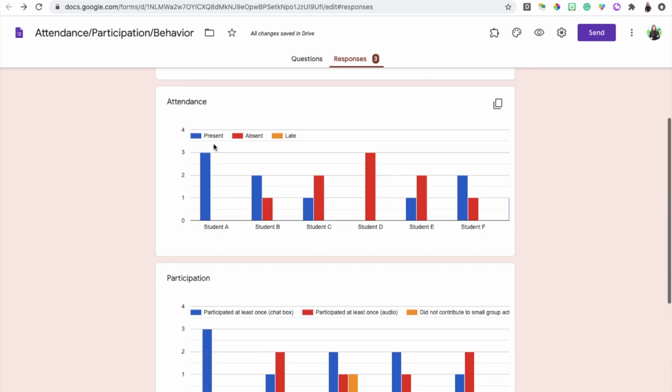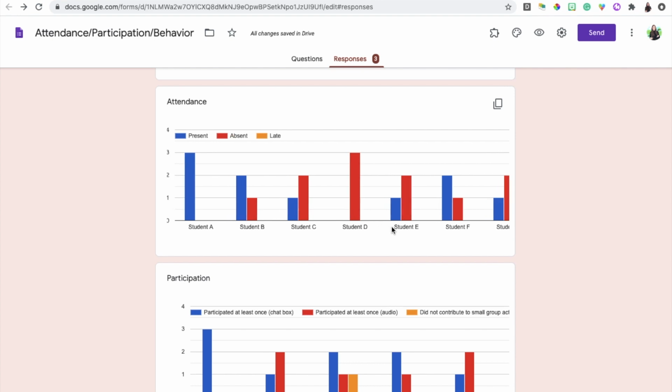And you'll notice that I have all my students. Obviously these would be replaced by actual student names, but I have student A, B, C, and I can get an overview just by looking at this. Obviously, the more responses I add, the clearer the picture will become, but I can get an idea in terms of,